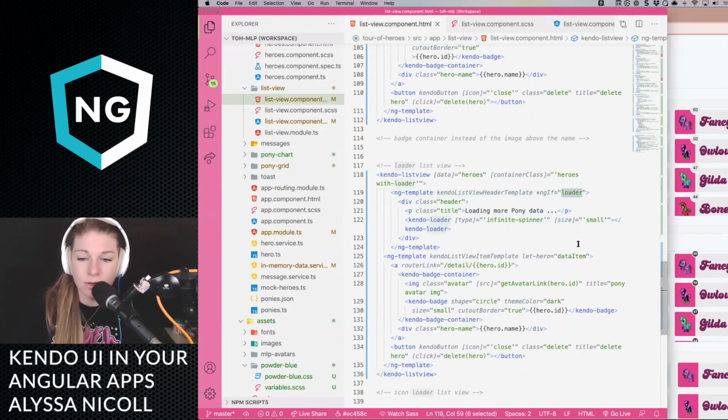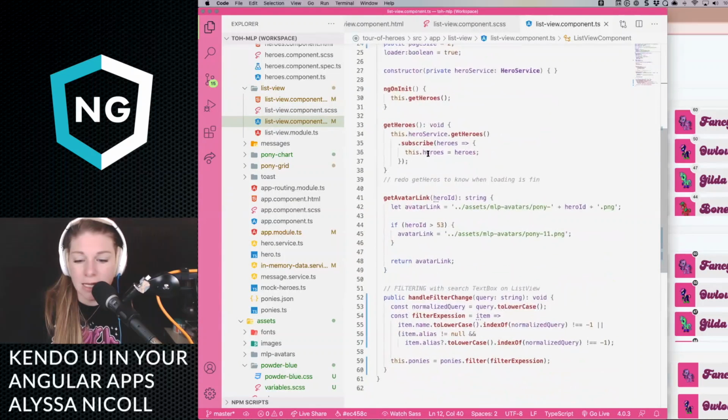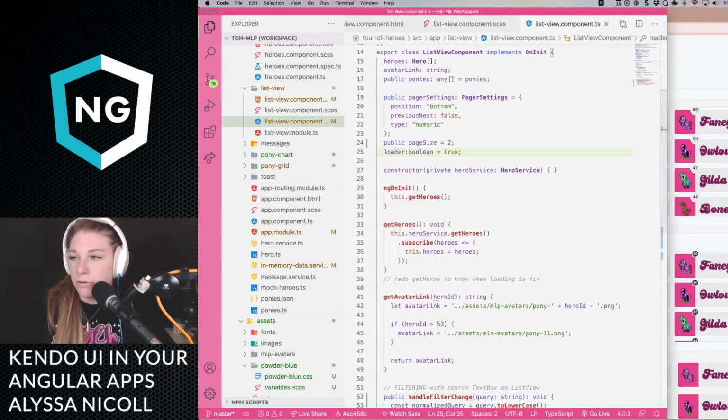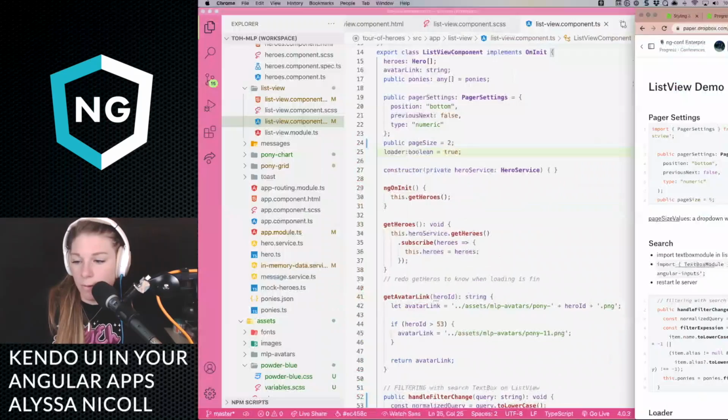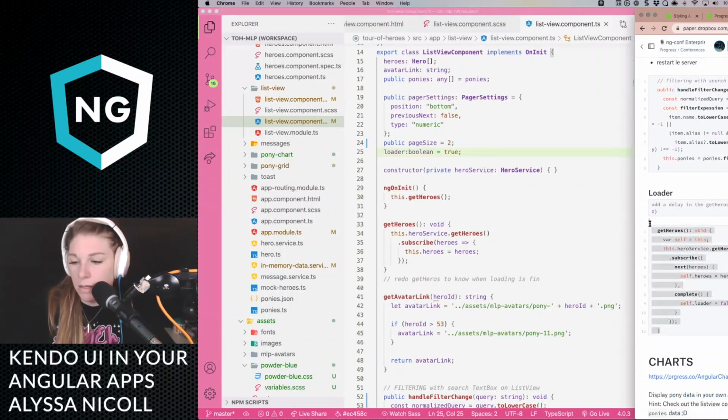Right now, loader is always true. So we can go back over here and set it. Yeah, loader's always true. So what we want to do, and I'm just going to copy paste this because we are super out of time.